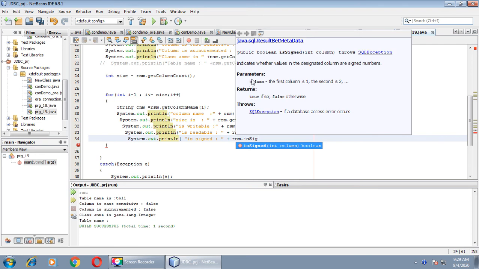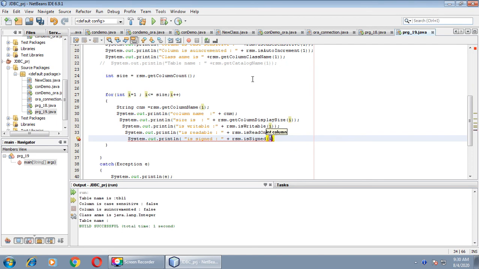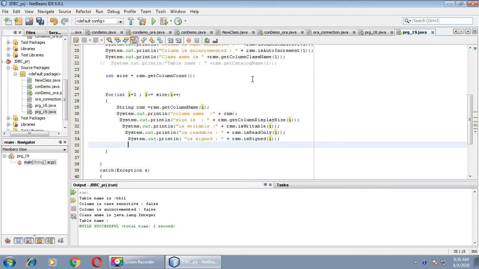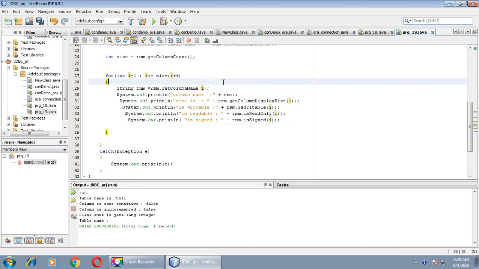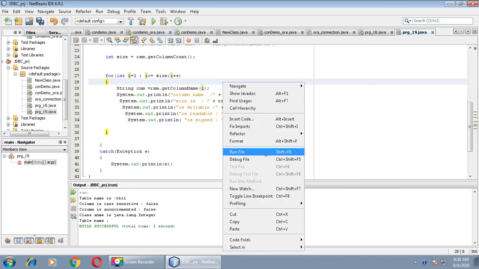This will indicate whether the values in the designated column are signed numbers, meaning plus or minus. This will again return a boolean value, true or false. We'll get the result in the form of a boolean value, true or false, right? Let me execute this much code.